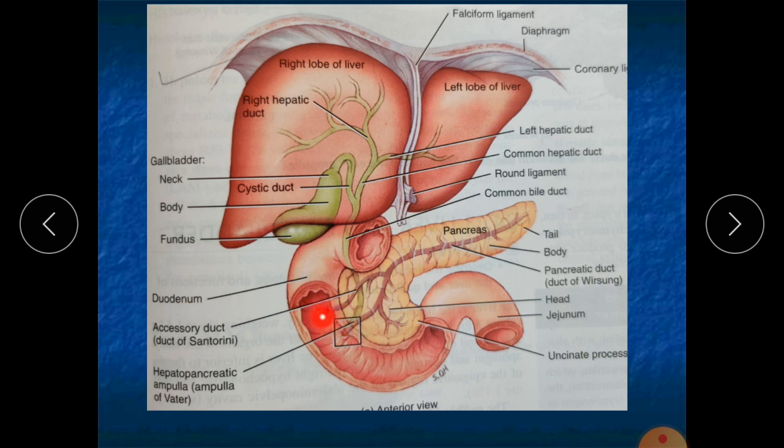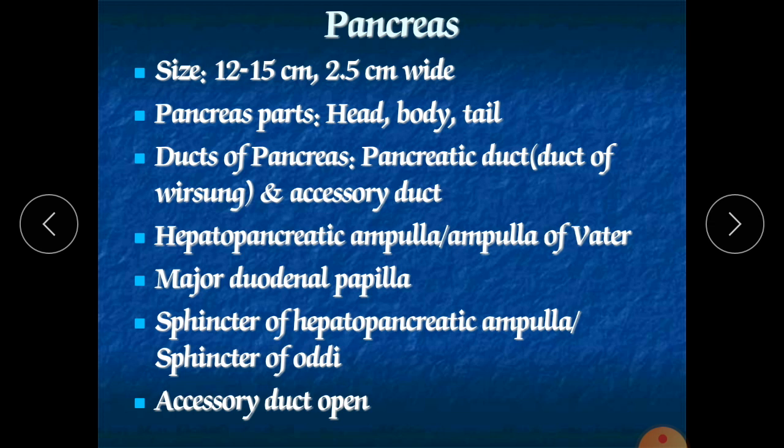As we have already discussed, from the duodenum the digestion will increase its speed. In the duodenum lots of secretion has been added; some secretion has occurred in the stomach, but in the duodenum, in the intestine, secretion has also started, and the pancreas and liver have a great role in the digestion of food. Whatever secretions are secreted into the duodenum, in this lumen it will digest more and more food. And this ampulla is also called the ampulla of Vater.